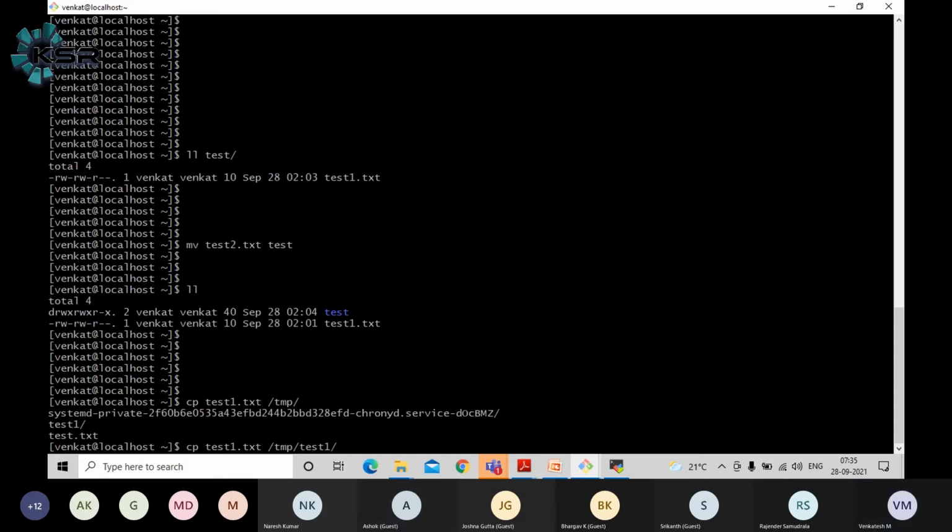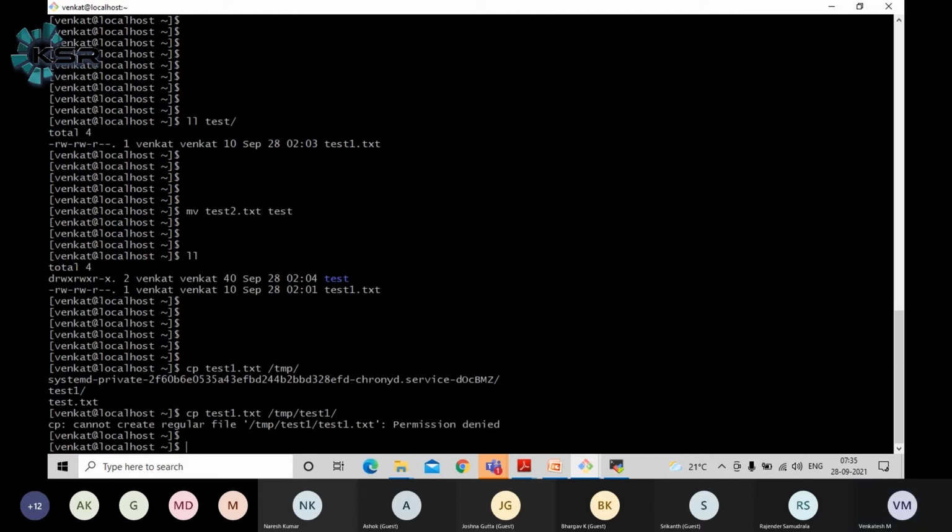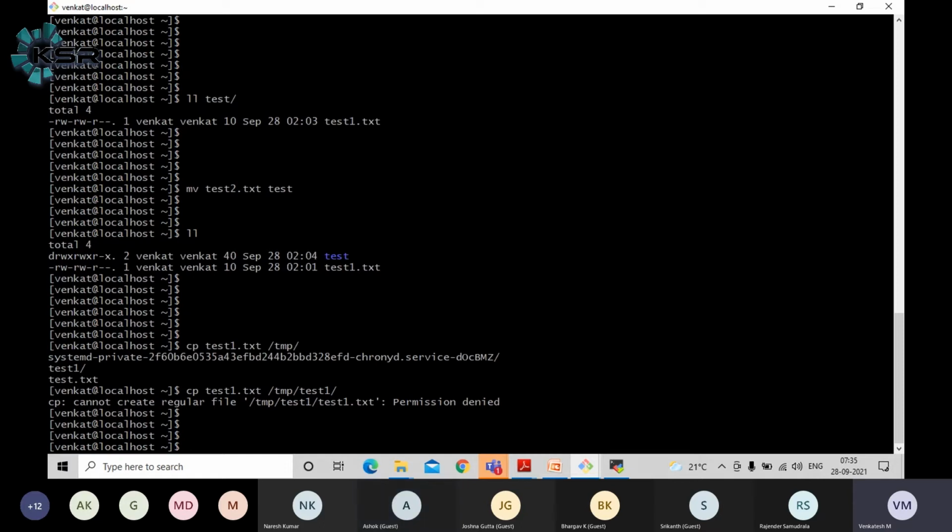See here, this is how we can do it, guys. The source will be our file, and the destination will be the complete path to the folder where you want to move the file. A permission issue. I think this folder was created by the Vagrant user. If we do the same operation with the Vagrant user, it is going to work out, guys.